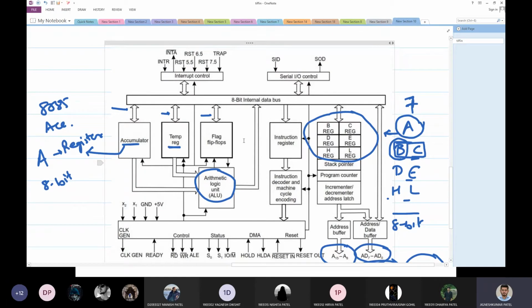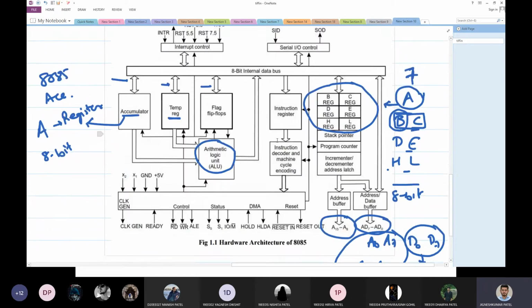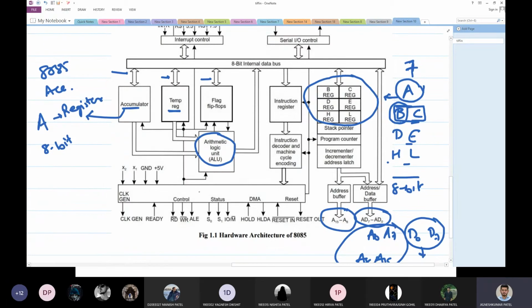What other things will come into this, we will see later on. And there is this control bus. This is the control block. This lower block is the control block. So whenever you see something connecting with the ALU, that means when to perform some operation will be decided by this, and it will give the signal to the ALU: perform the summation now. It will also give the command to the accumulator. It will also give commands to all the other things. So this is actually my control unit.